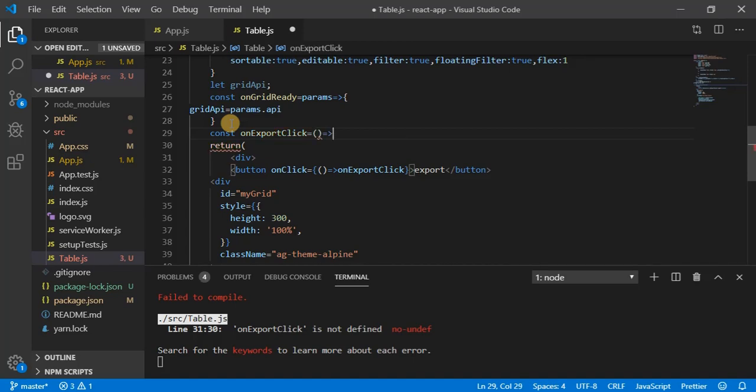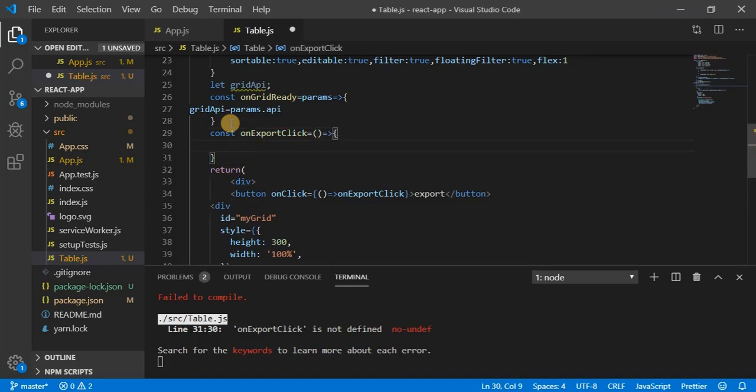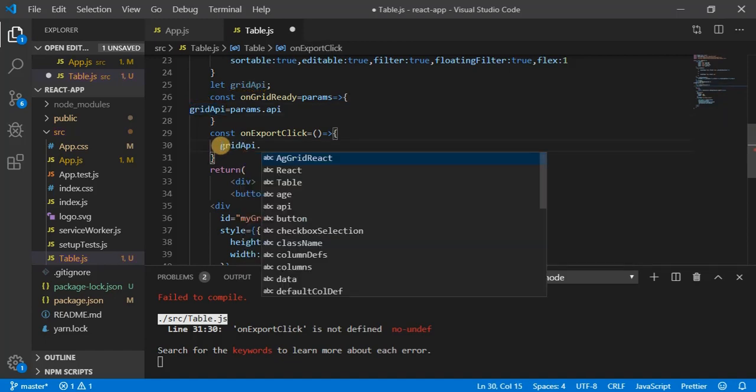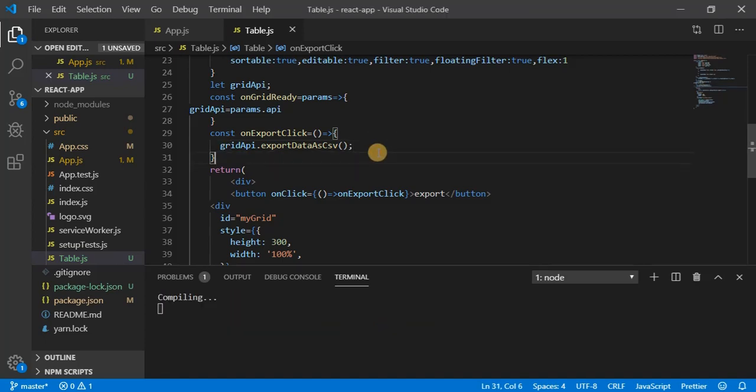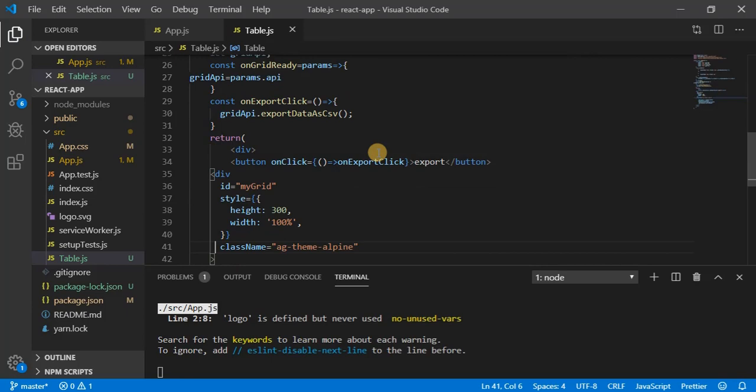So what can I do here? Already I have the API in gridAPI, so I can write here gridAPI dot, and here we have one more function that is called exportDataAsCsv. We need to call this function. Okay guys, so basically what I am doing right now is I wrote two functions.